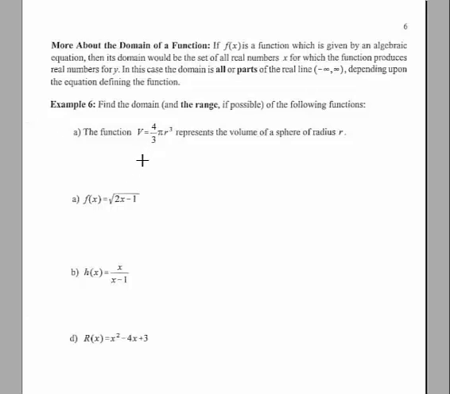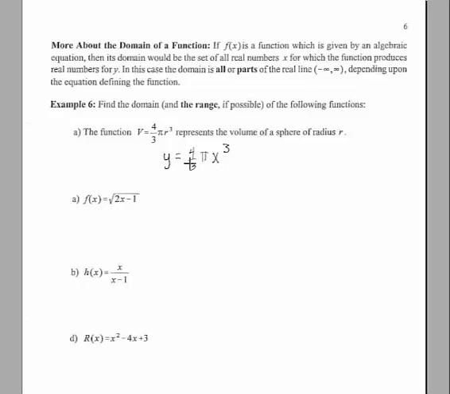The first one, V equals 4/3 pi r to the third. They tell us that this is the formula for the volume of a sphere. Now, if I were to simply give you an equation, y equals 4/3 pi x to the third, and I didn't tell you that y and x had any significance, they didn't represent anything real world,